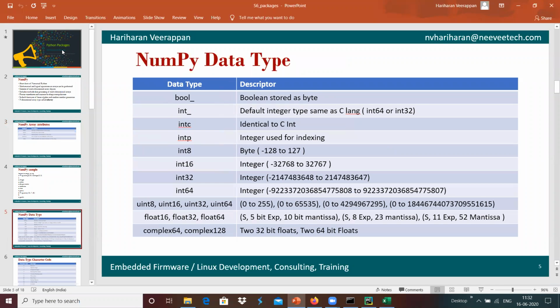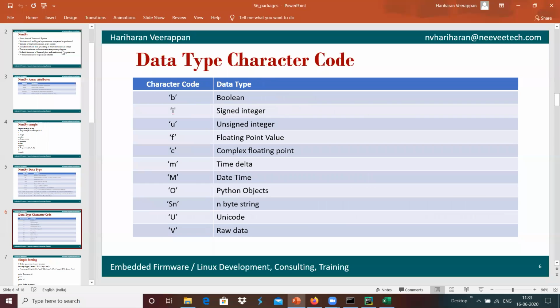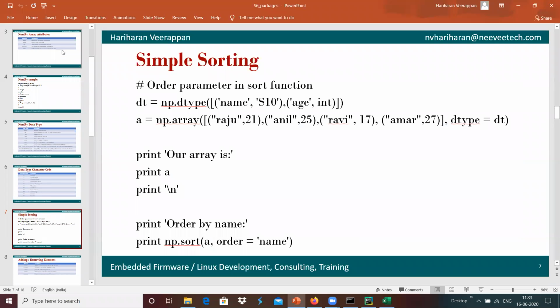It has different data types like Boolean, integer, integer 8, 16, 32, and 64 formats, and different unsigned integer formats. The data type can be defined with the character code respectively.